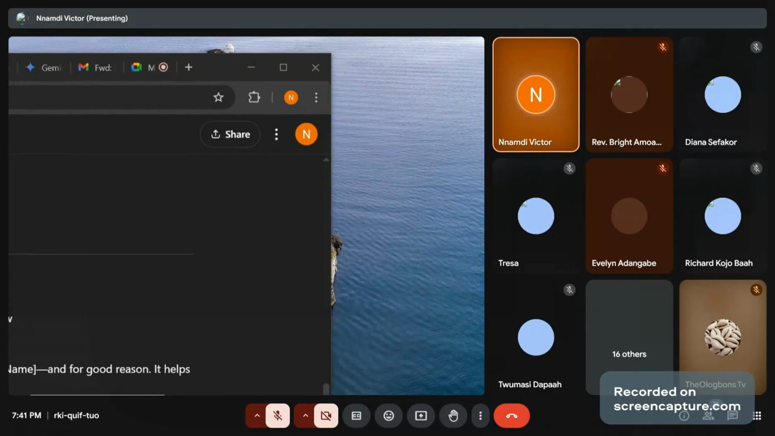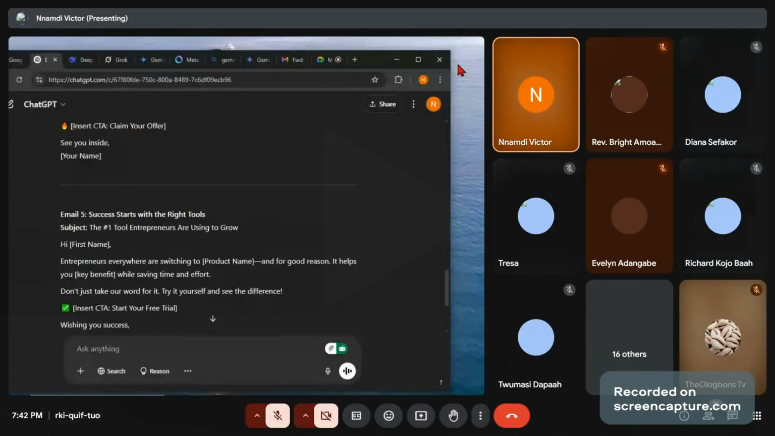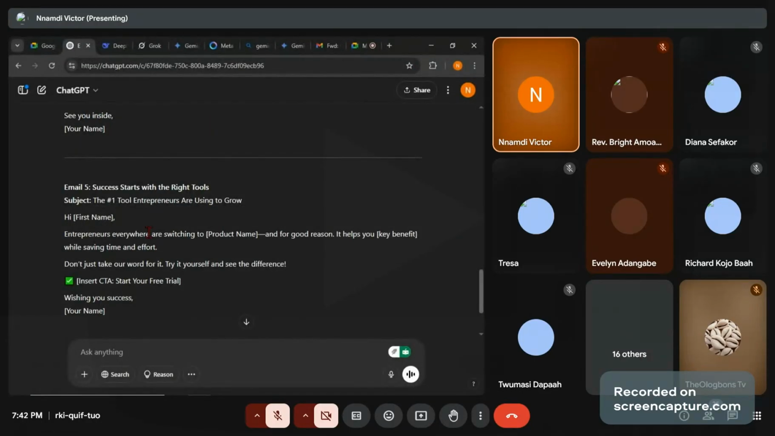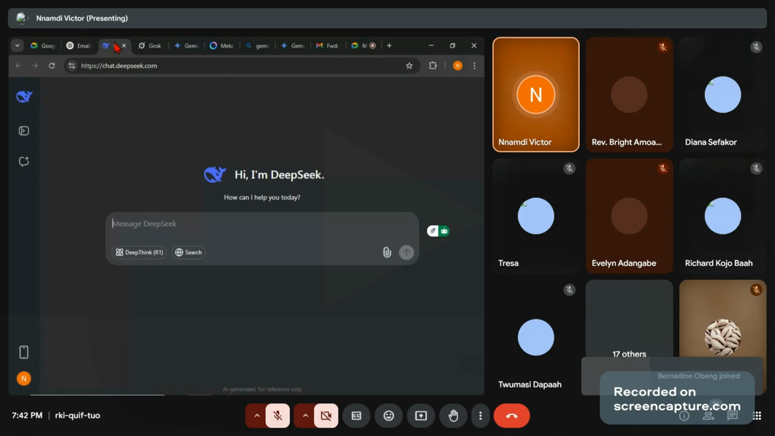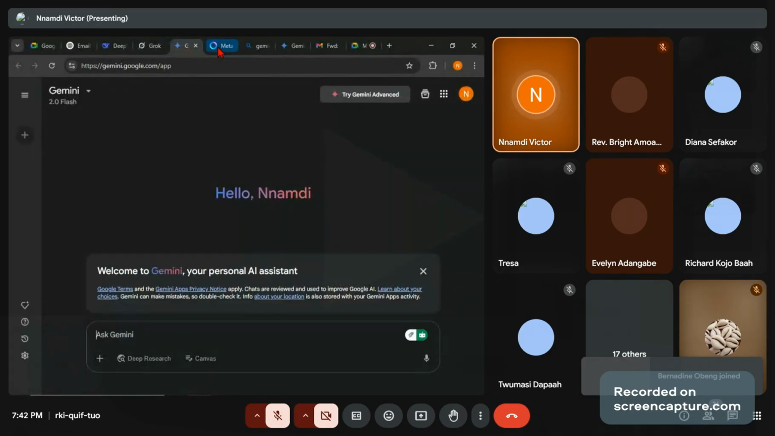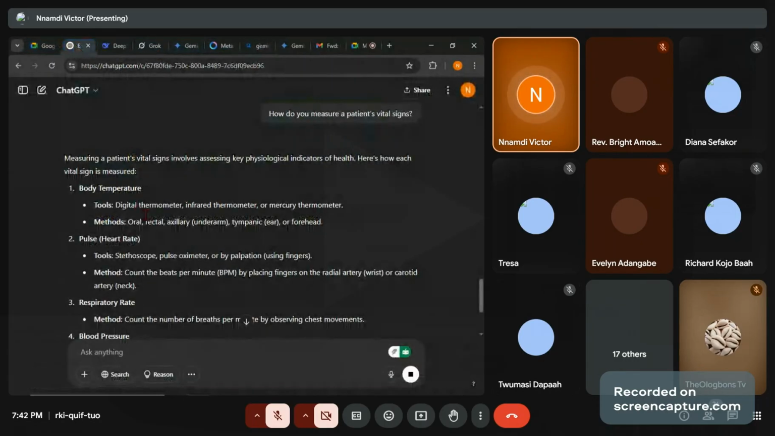So let's quickly test out that particular prompt: how to get a patient's vital signs. You can use this as a learning tool. Use any of these tools; there are so many. We have DeepSeek R1. We'll be testing them out. We'll test out Grok, Gemini, Meta AI, and the other ones. So currently we are here. Here it is telling you what exactly